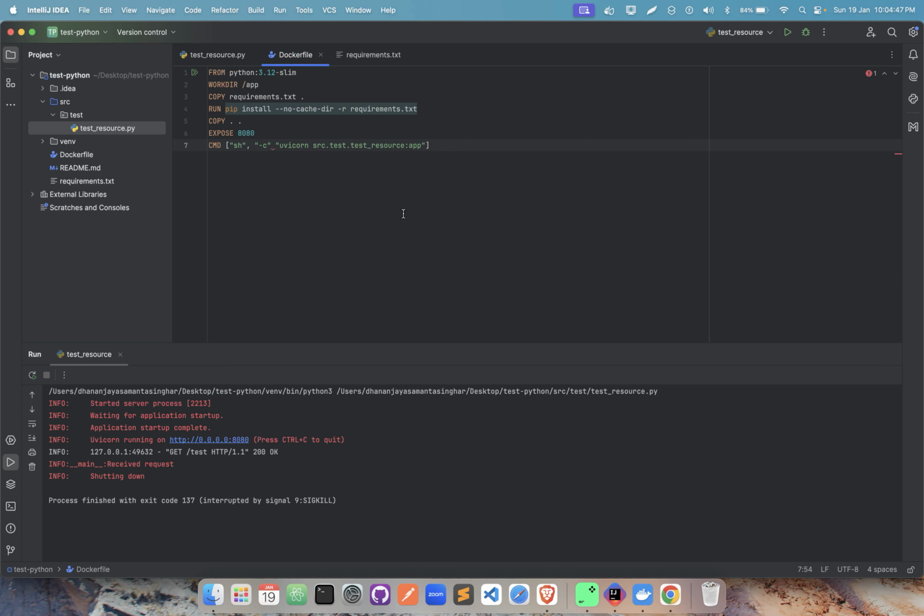Now we need to pass the host and port. --host 0.0.0.0, which means it will allow all hosts. For the port I will give --port 8080. Okay, so once our Dockerfile is ready,